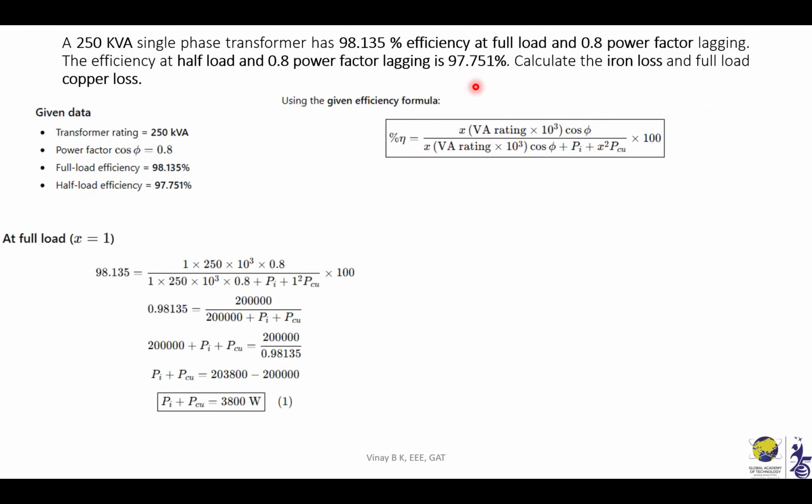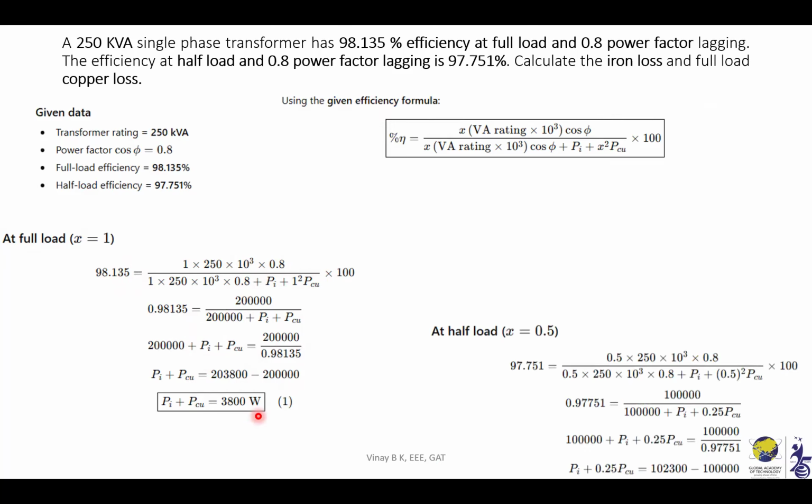So from full load, X equals 1. You know the efficiency, that is 98.135 percentage. Either you write multiply on RHS, you multiply 100, or else you can directly write the absolute value as 0.98135. And you know the X value is 1, 250 into 10 to the power 3, power factor they are given. Only the unknown parameters are PI and PCU. Substitute these values and you interchange LHS and the denominator term of RHS. Then you simplify this equation. You will get one equation, that is PI plus PCU equals